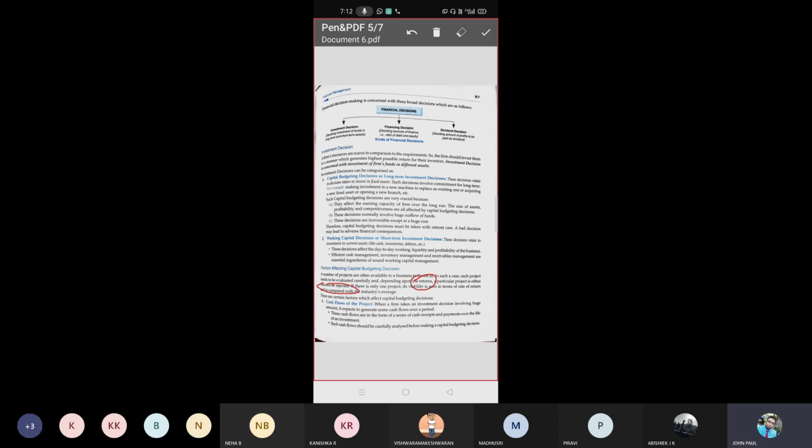Okay, just like how a movie actor selects a movie by listening to the story. In most film award functions, they will say, I didn't expect that I would get this much success in this movie. Actually, they listen to the story and how it is going to be, whether it suits them or not. Finally, they will select or reject. It depends upon the story. Like that, here the capital budgeting decision depends on the returns.